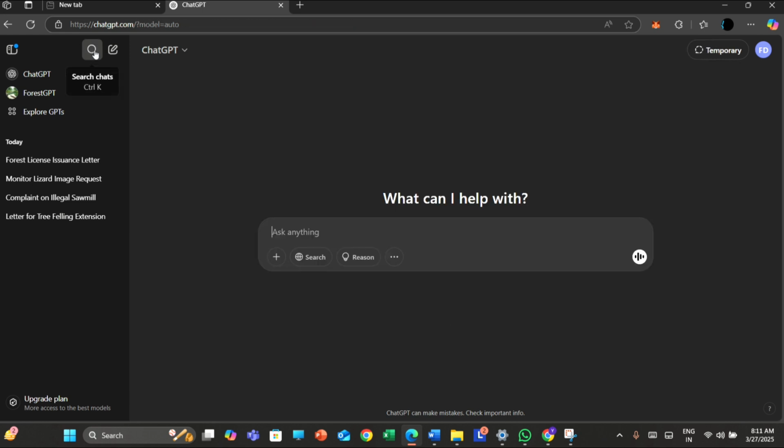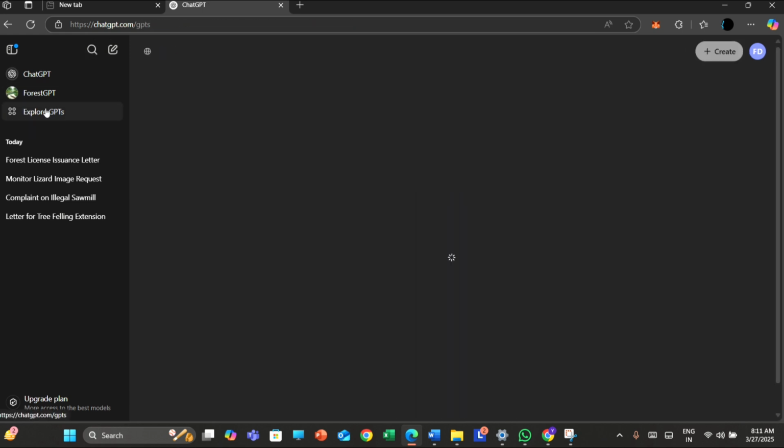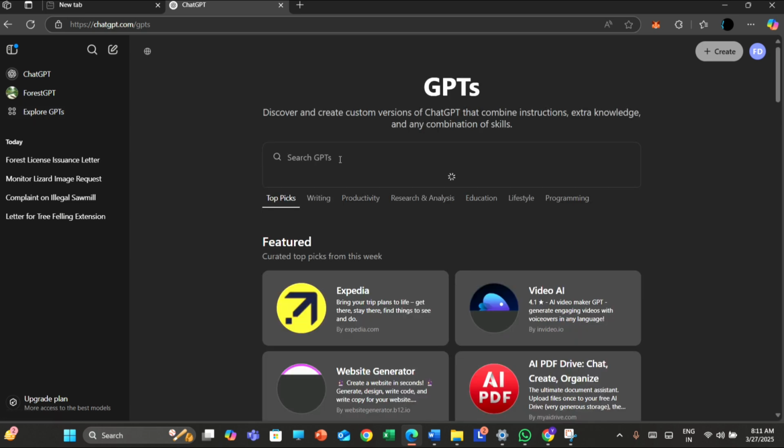Come in Explore GPT, and in this search GPT you have to type ForestGPT, and just press enter. Actually the network is slow over here due to rainfall.